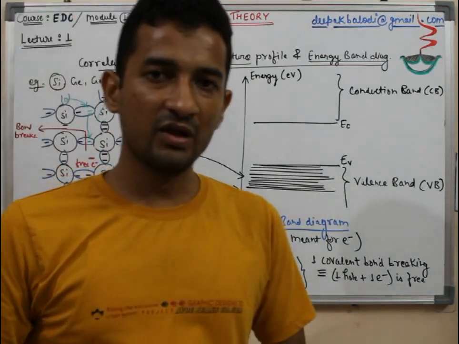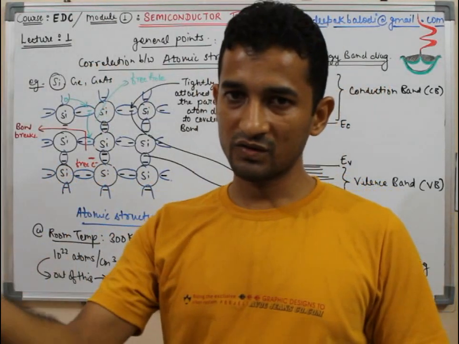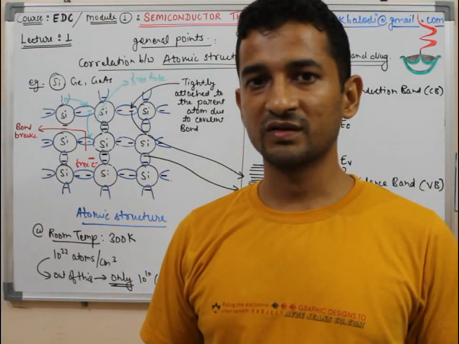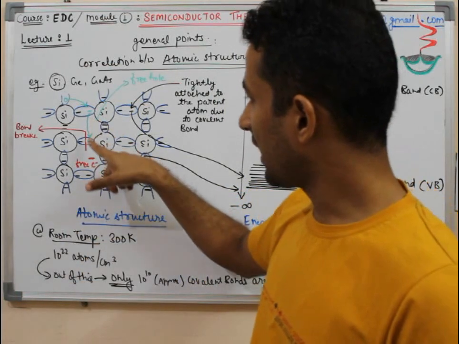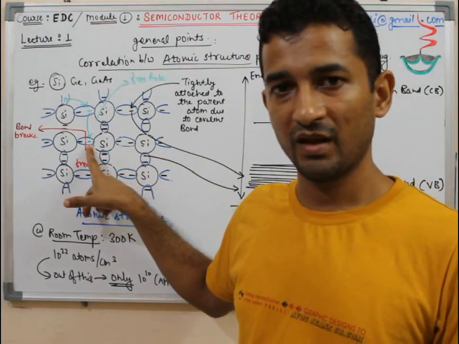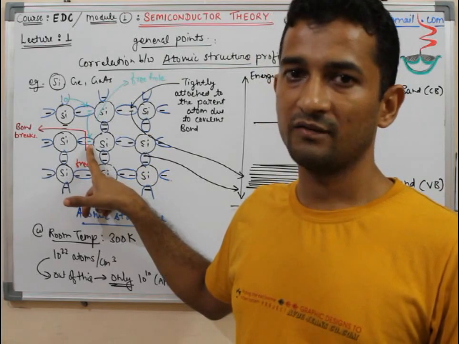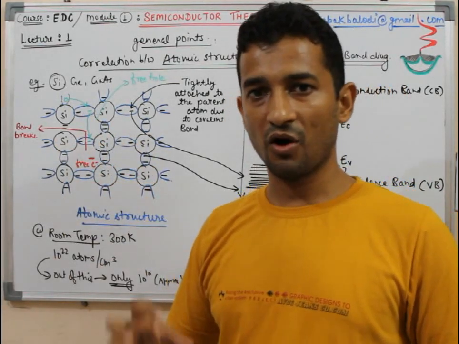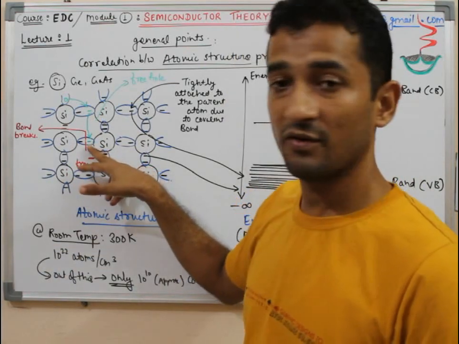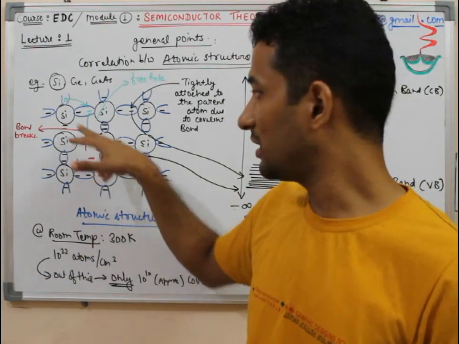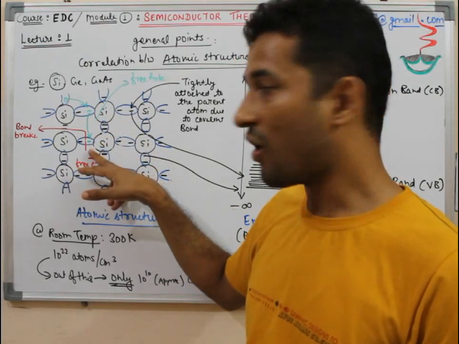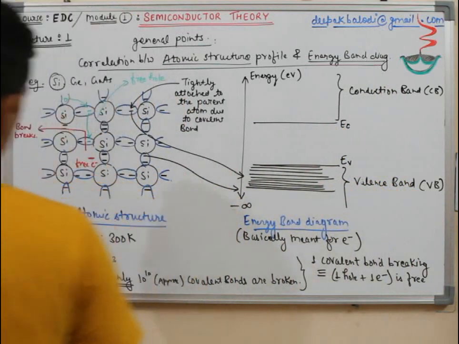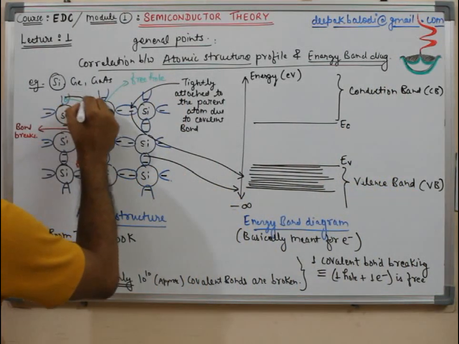In one way you can think that the electrons are going and filling the vacancy, which is the hole. But actually this process is generated all due to the fact that there was one vacancy. Had there been no vacancy, there would not have been any flow of electrons like this. So basically the cause is that first there was a vacancy, and due to that the electrons are coming like this, or it appears like a hole is moving like this. So this appears as the movement of the hole.